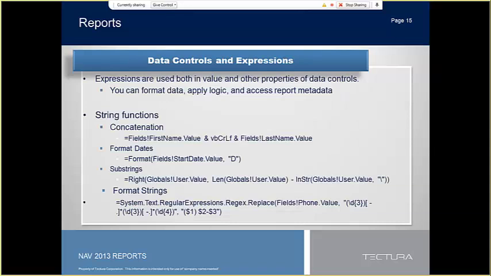Previously, we would have had the option to put formatting, logic, and all other functions in C/AL in the report triggers or in the section data controls. Now we need to think about how and where the VB.NET expressions need to exist and how to format them in Visual Studio. This slide shows some of the more common string expressions that can be used